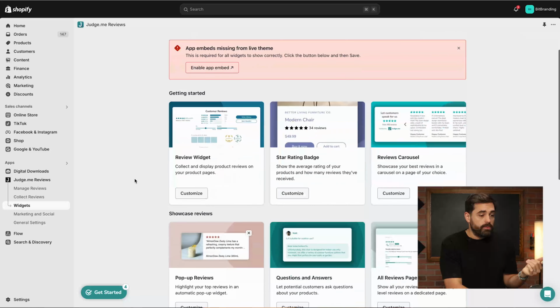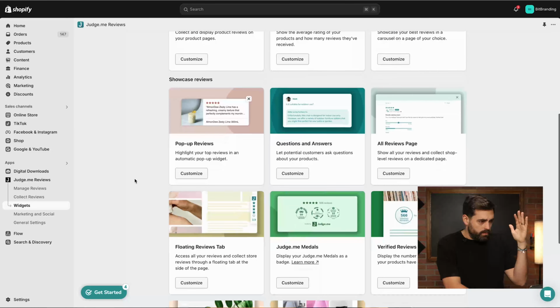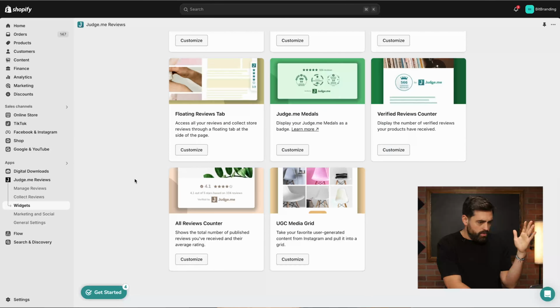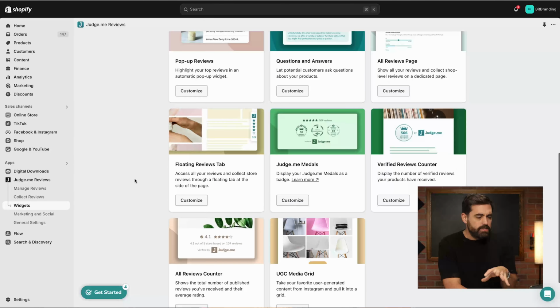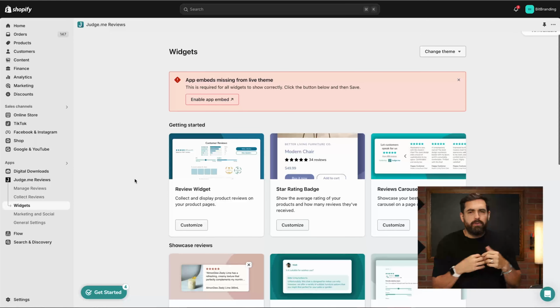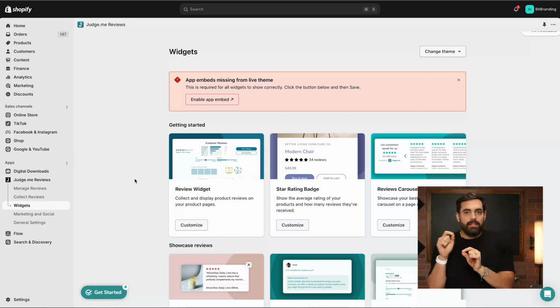All right, let's get into the actual widgets. So, adding and best practices for integrating the reviews into your website. Now, Judge Me does give you a few options in here. They give you the get started, they give you showcase reviews, UGC, some badges. So they give you a lot of different things. And my recommendation would be not to do everything available, but to install some of these things on select areas